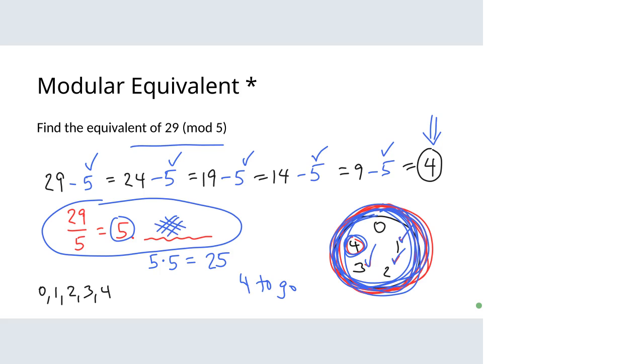What's important to us is how many full revolutions do we make, and how much of the 29 does that count for? And then once I know that's counted for 25, I have 4 more to go. I'll just count those. 1, 2, 3, 4 puts me at 4 for an answer. Any one of those approaches will get you to the same answer, that is 4. The equivalent of 29 in